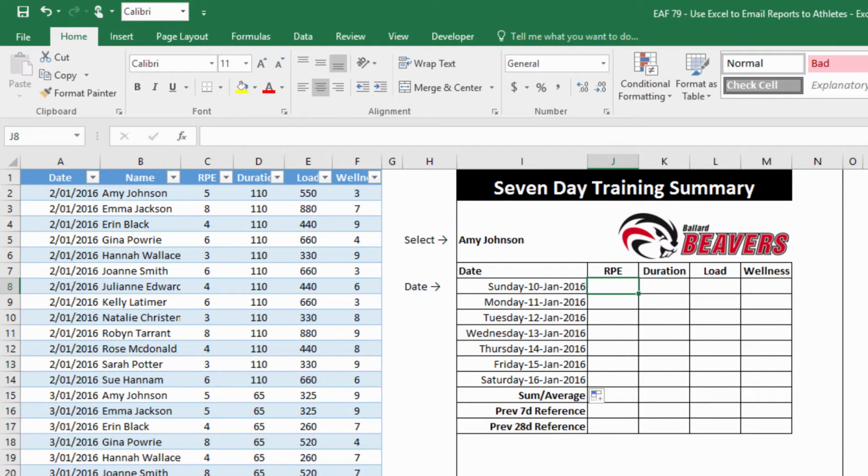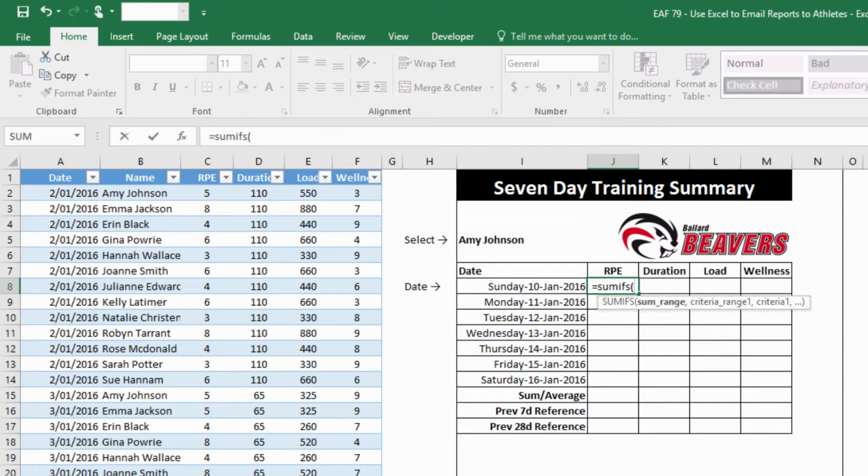If you've got the possibility of duplicate rows in your data set, for example, an athlete forgot and filled in their data twice, or you forgot and you accidentally put their data in twice, then you might think twice about how to do this formula. I'm working on the assumption that there's only one row per day per athlete, and so that makes the aggregation formula pretty easy. All I have to do in this particular case